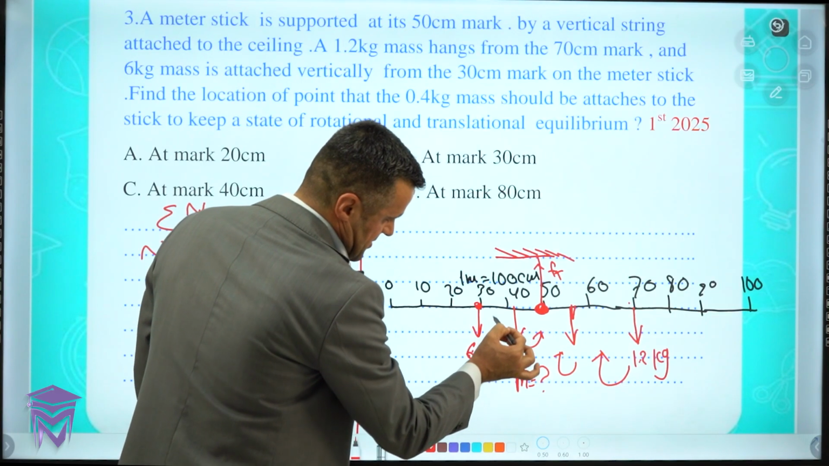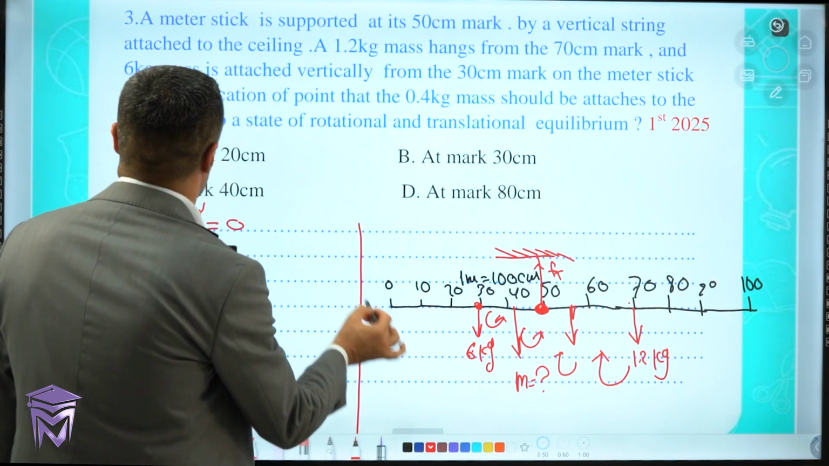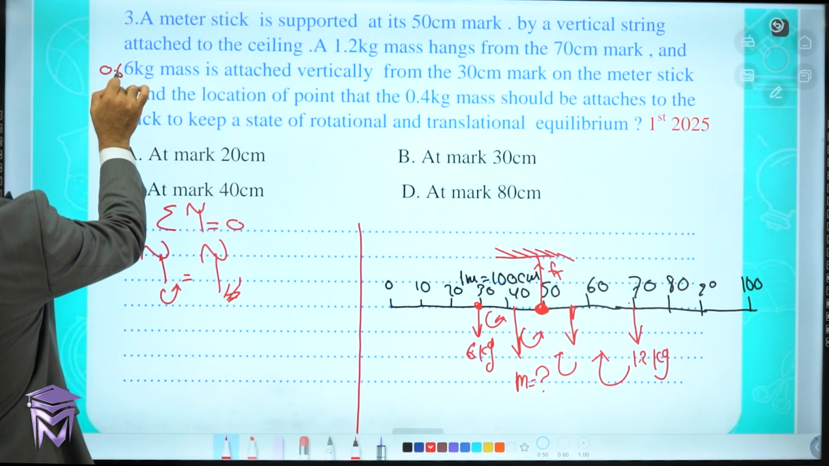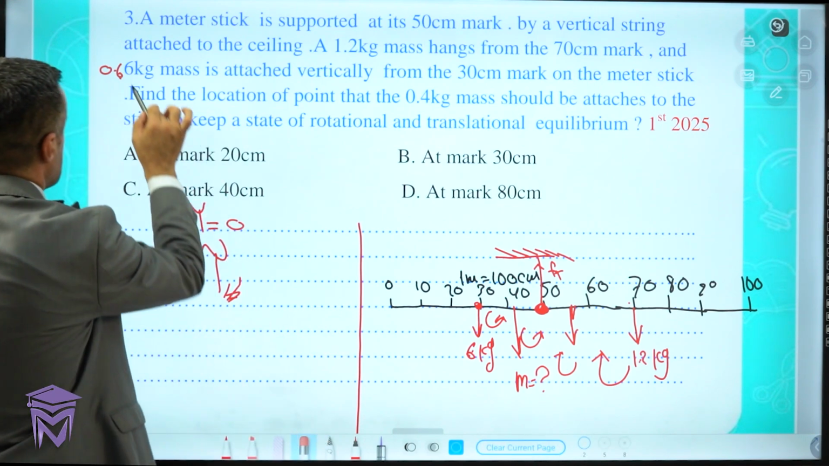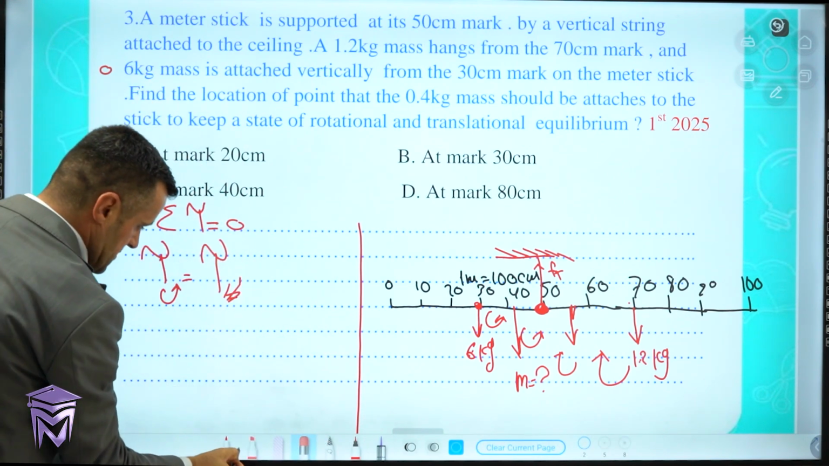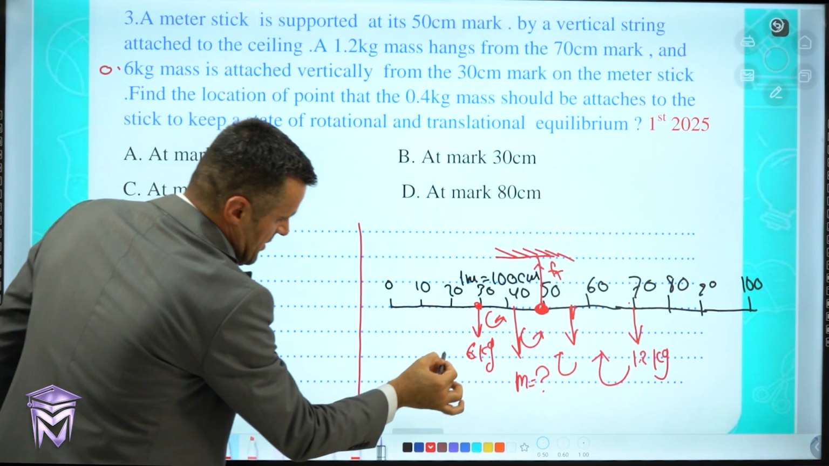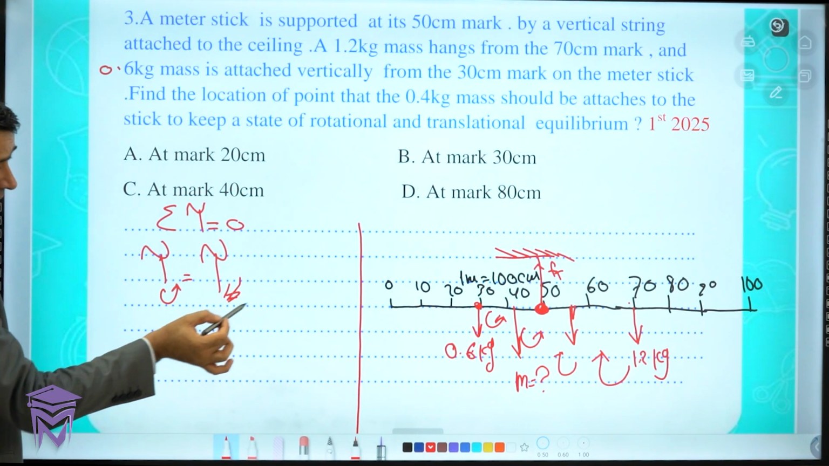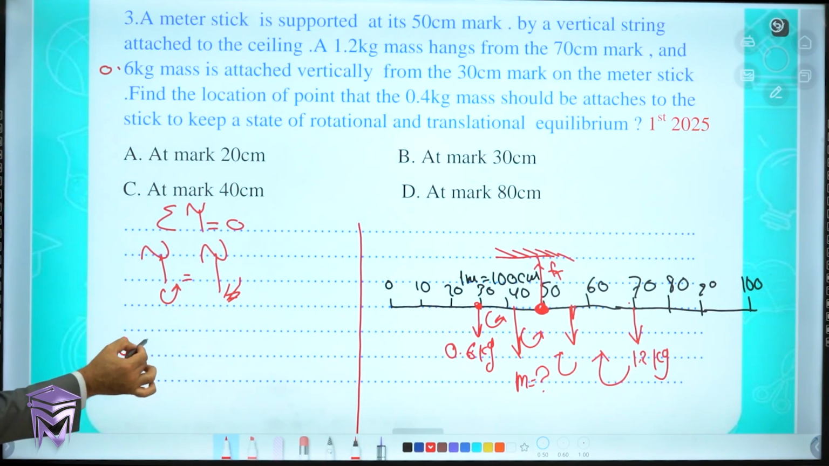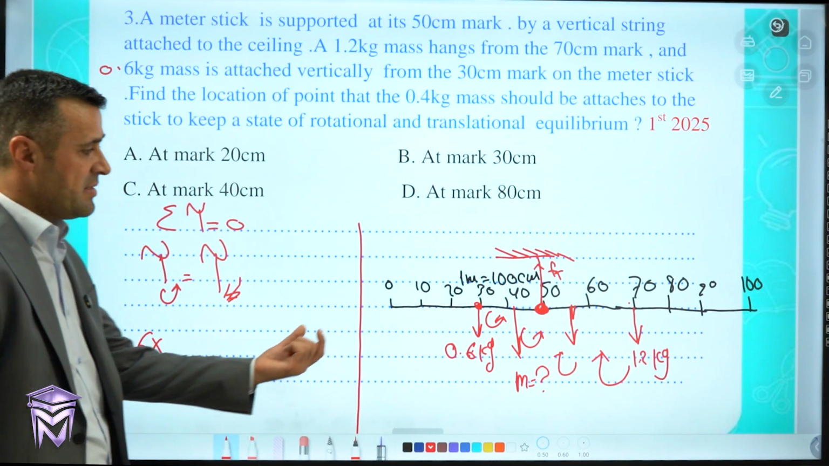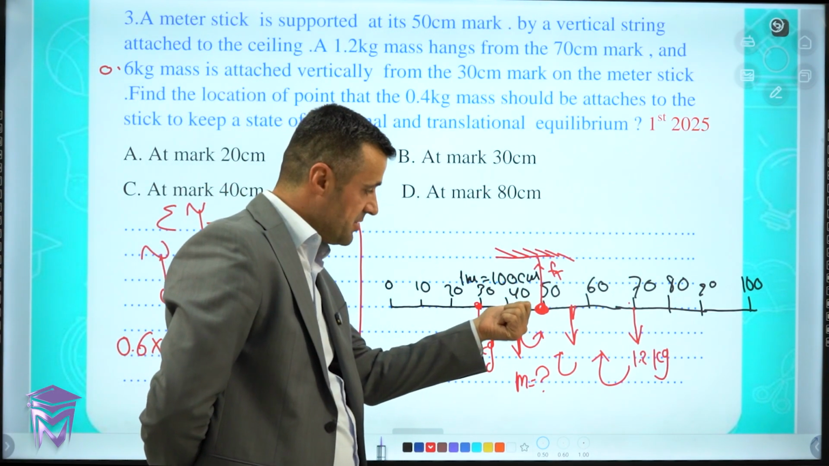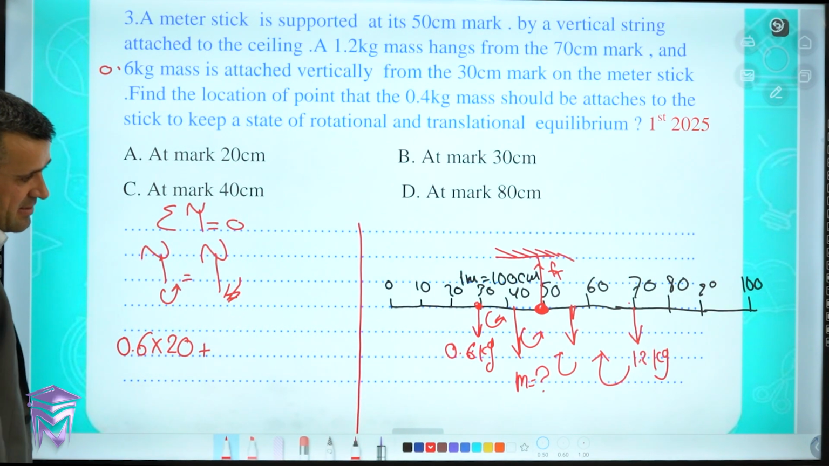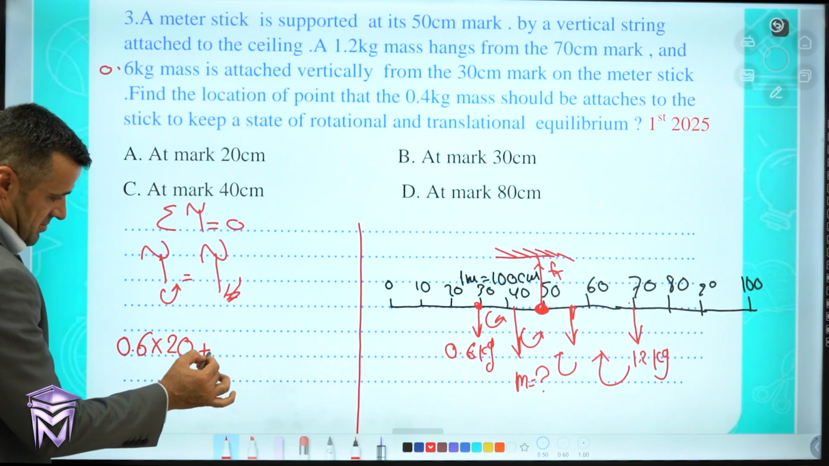Or counterclockwise, this counterclockwise. This mass is 0.6 kilogram, which is M3. To the counterclockwise, 0.6 times the distance between this point and the axis of rotation, which is 20 centimeter, plus M, which we haven't found,